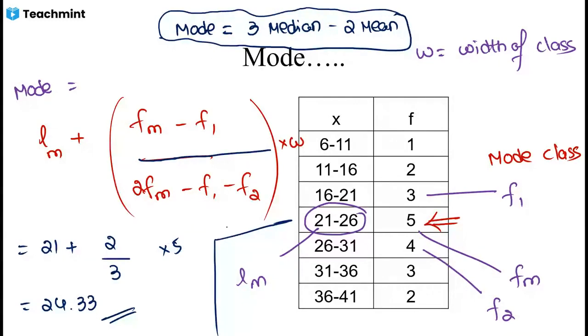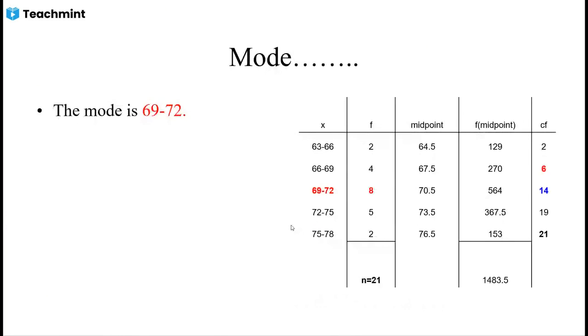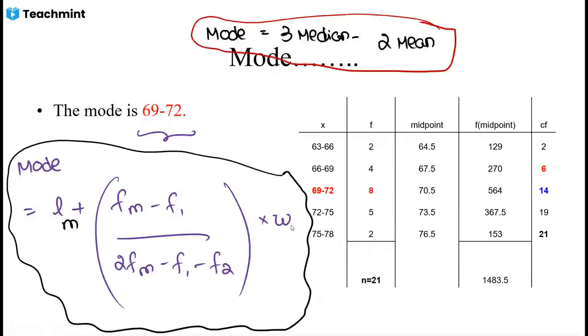That is definitely positive because Fm is the highest frequency, right? F1 is the frequency of the preceding class, F2 is the frequency of the next succeeding class. Previous class frequency, next class frequency. Right. Mode class, median class, mean, median, mode, mid range, and we are done with range as well. So I hope